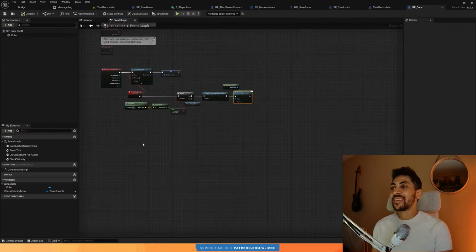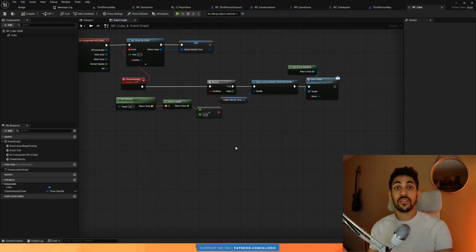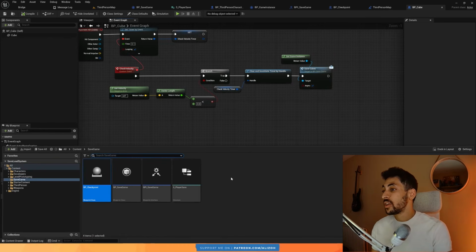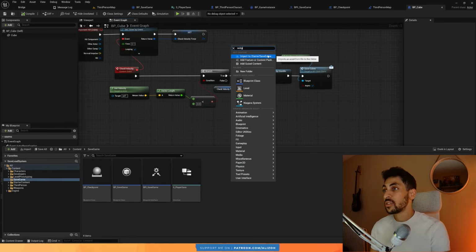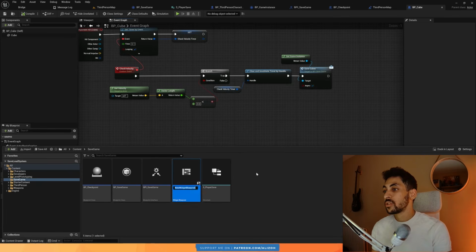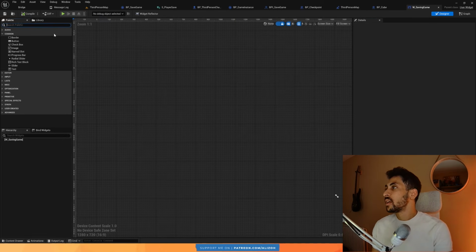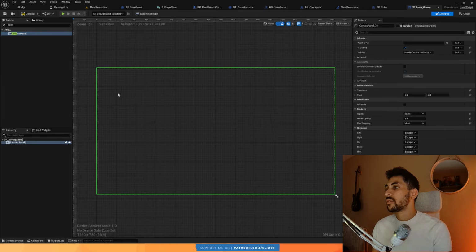Awesome. All right, now I want to add the loading indicator, the saving indicator that I told you about that appears in the bottom right of the screen to tell the player that their game is being saved asynchronously. So to do that, I'm gonna go here and create a widget, user widget, and call it W_SavingGame. And let's open it up, search for a canvas panel, throw it in here,